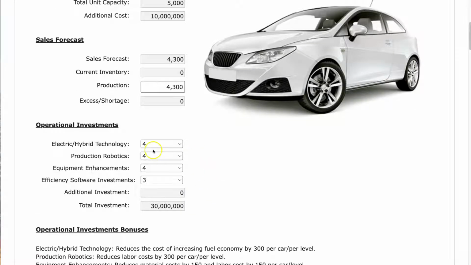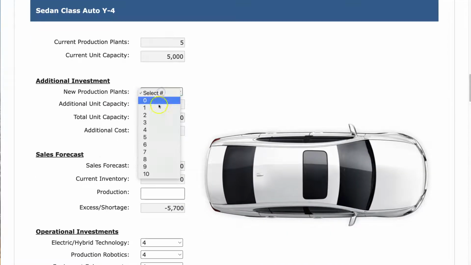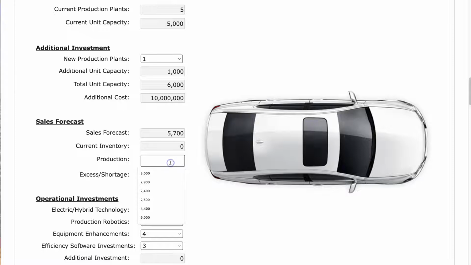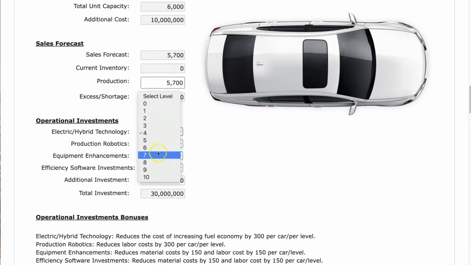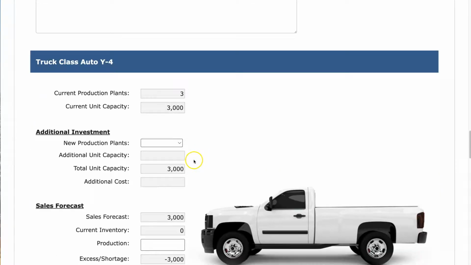And again, I'm going to greatly invest in my operational investments. I'm essentially going to double them because it's getting harder and harder for me to make my profit margins increase, and I have to get my profit margins to increase every round to please my investors. So in order to do that moving forward, I'm going to double my investments in my operational investments, and this will not only give me 100 points for the end of the round, it will also